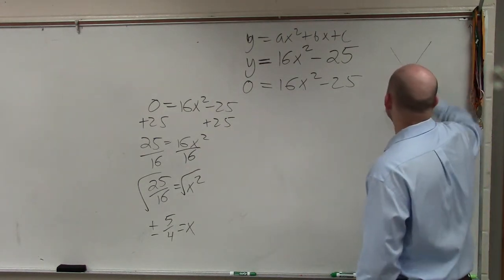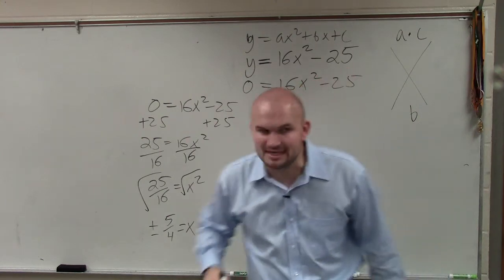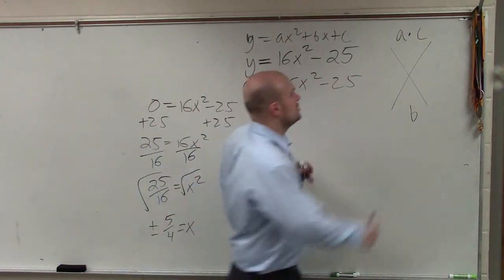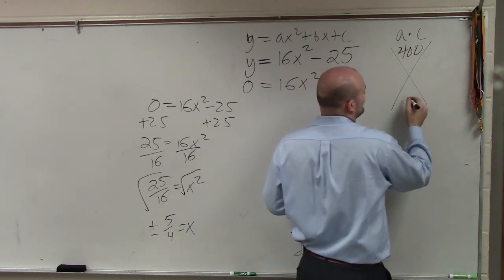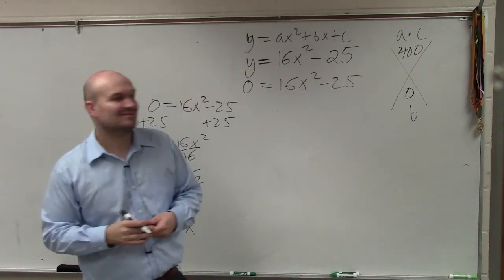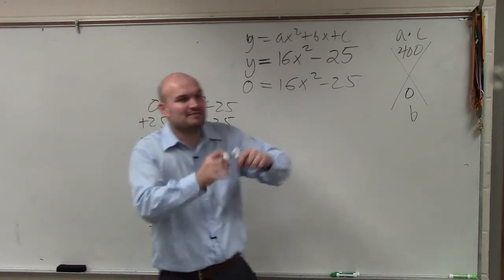But I have an a and I have a c. So therefore, if I was going to do this the long way, I would do a times c. Well, a is 16. C is 25. So that would be what two numbers multiply to give you 400, but then add to give you 0. Now, not close. 20 and 20. Actually, that's not too bad. But then you have to do the, remember how we